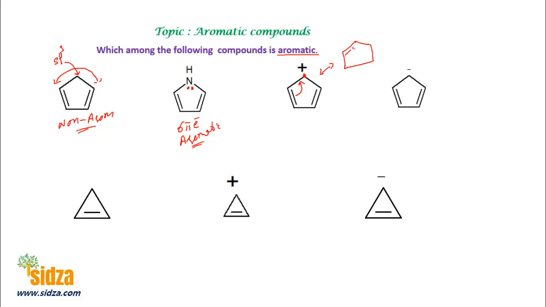We have here a double bond now, and a positive charge over here, and a double bond here, and then you can draw another structure also, right? So that means this molecule is conjugated and cyclic, right? But it contains 4 pi electrons only. In the resonating ring structure here, we see only 4 pi electrons are delocalized. It's a cyclic conjugated system, and therefore it's not aromatic, rather it is an anti-aromatic compound. It should be an anti-aromatic compound.